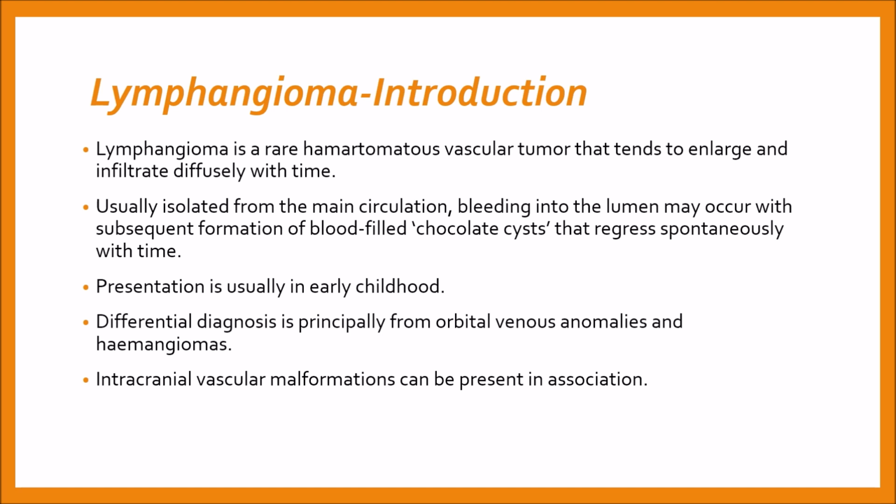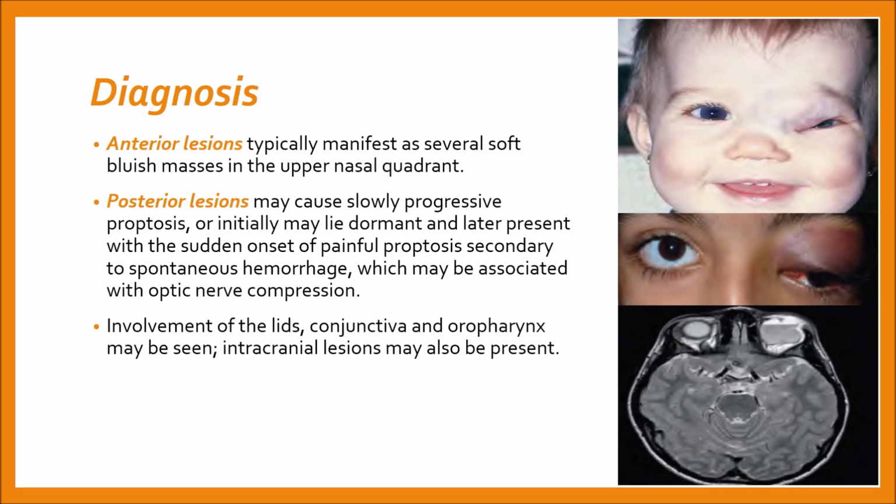Presentation is usually in early childhood. Differential diagnosis is principally from the orbital venous anomalies and hemangiomas. Intracranial vascular malformations can be present in association. Now, anterior lesions typically manifest as several soft bluish masses in the upper nasal quadrant, as you can see here in this child in the left eye. Posterior lesions may cause slowly progressive proptosis, as you can see here in this child's eye,